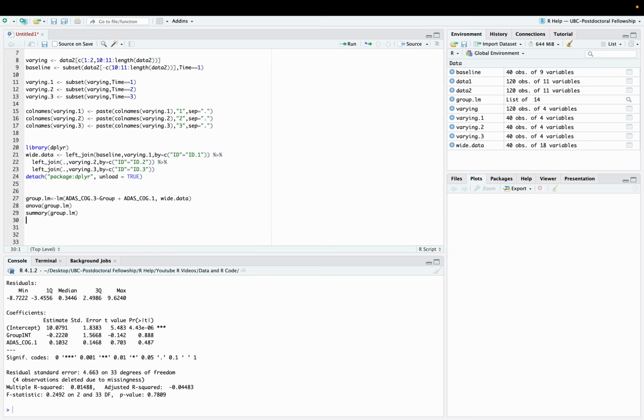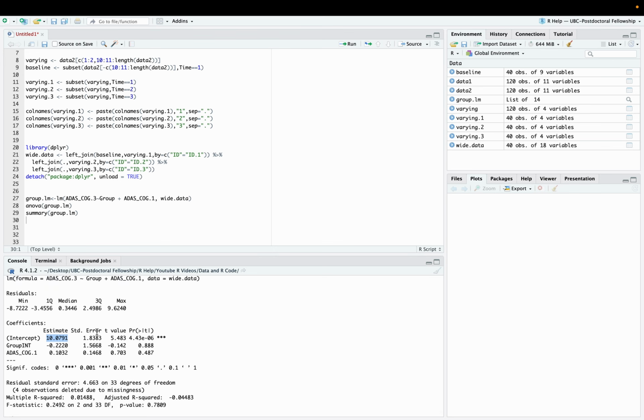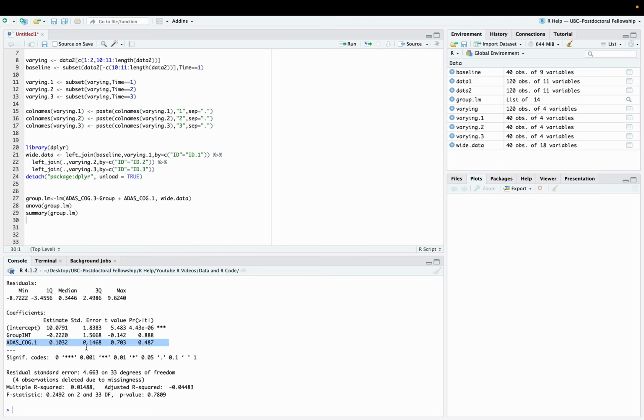Okay, but like I mentioned before, we still don't know what the group differences are. This is kind of difficult to read, although we can figure this out. So what this is suggesting is that if we were to control for mean ADAS-Cog, whatever that may be, then a 0 on ADAS-Cog is going to add nothing to this model at baseline. But if you're in the intervention group, then that seems to suggest that you